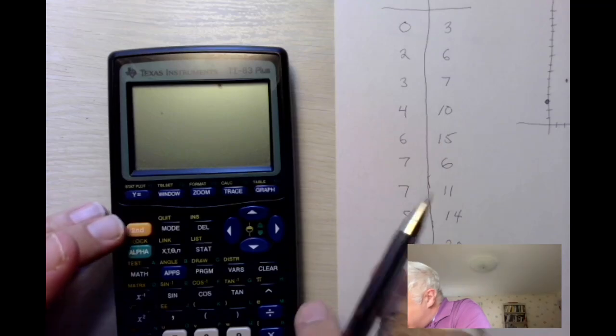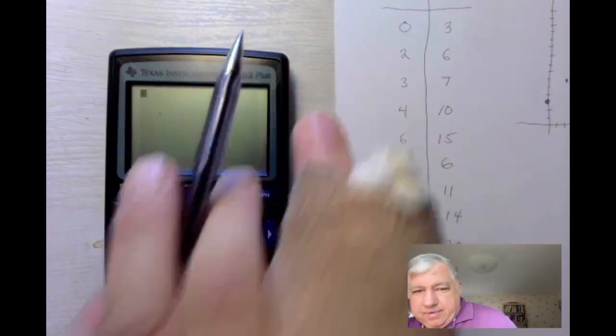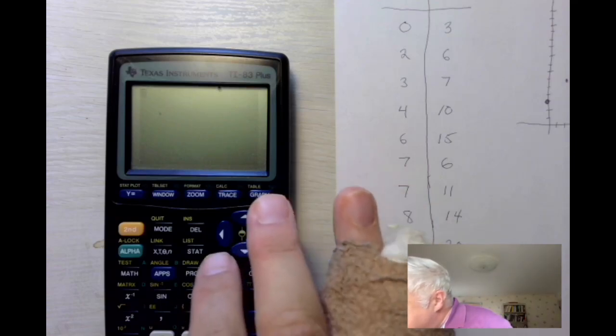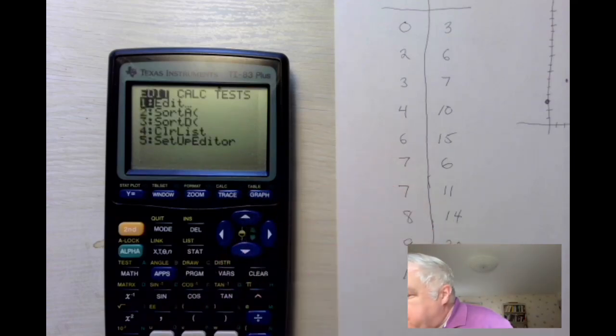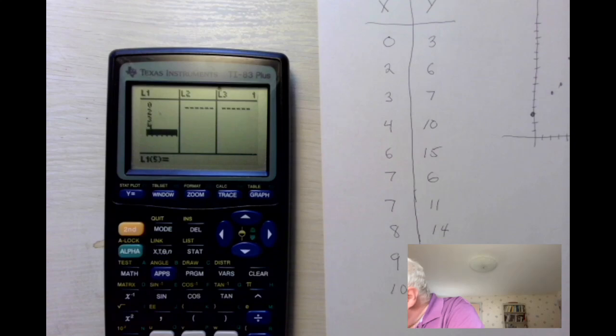So we'll turn this on, of course, and as you can see, I'm in a cast here, so I'm a little limited, but we'll hit the stat button, and the first thing we want to do is enter our values. So we'll edit. We'll use L1 for the X column. So we have 0, 2, 3, 4, 6, 7,